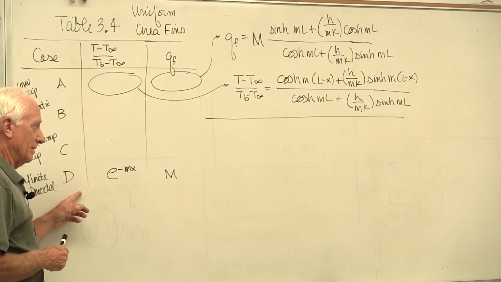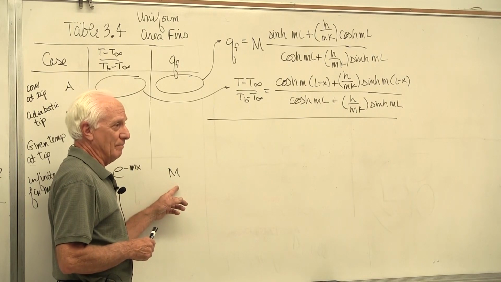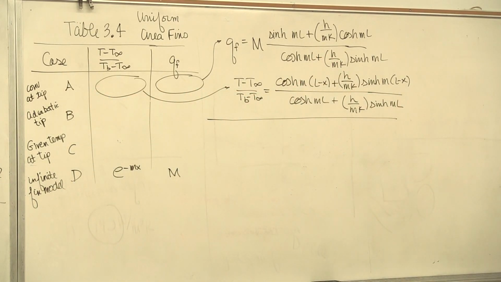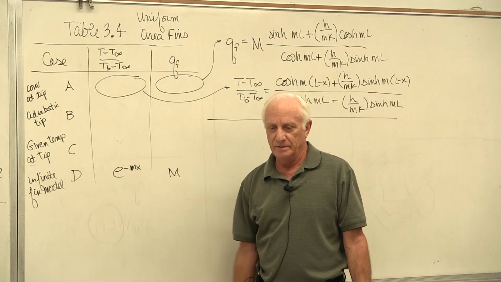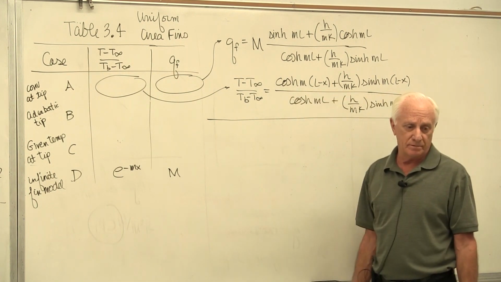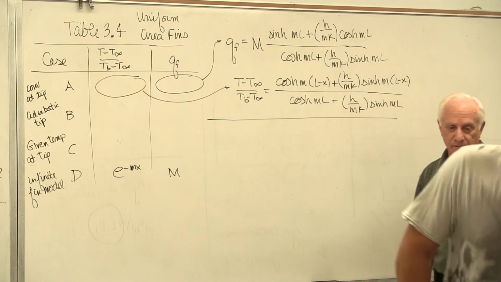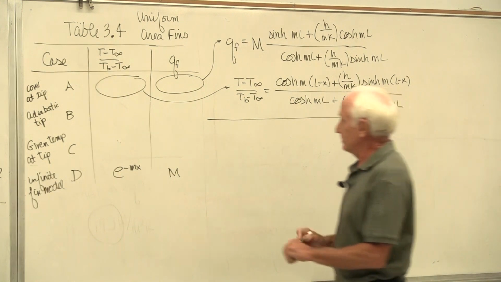Why? Look at the two equations. Can it be any easier than Q equals M, unless you want to go through this thing up here with hyperbolic functions and risk making an error? There's no comparison. That's why there's a case D in table 3-4. If you qualify, you get to do the easy calculation. If you don't qualify, you have to do the tougher calculation. So how do we do that? Can we use case D? All right, check for case D.